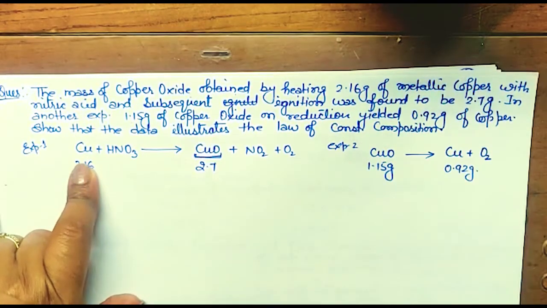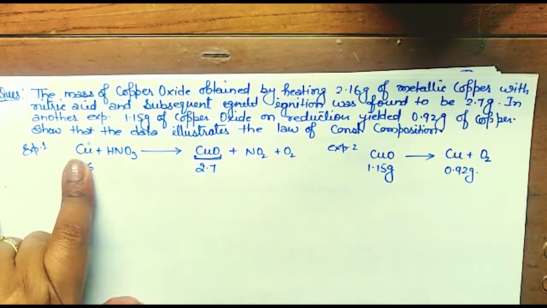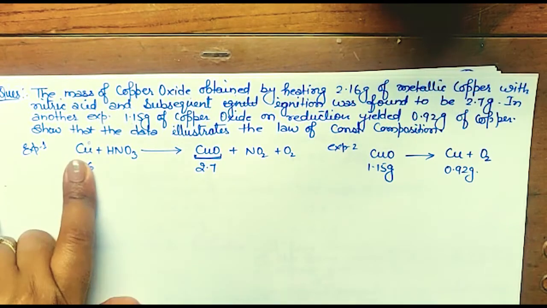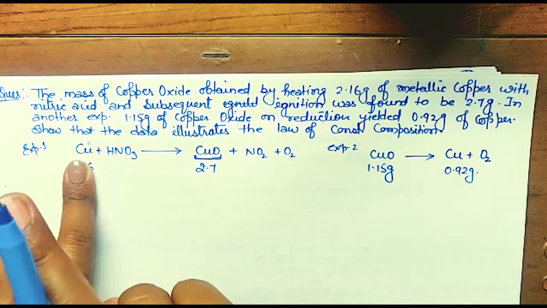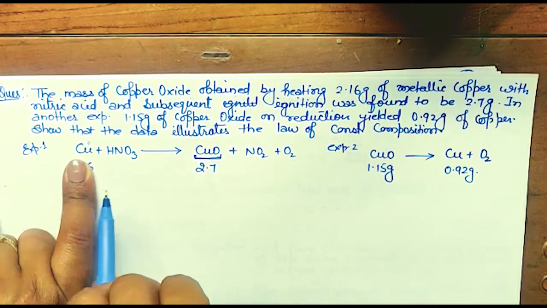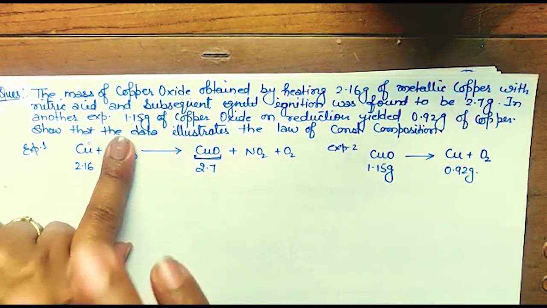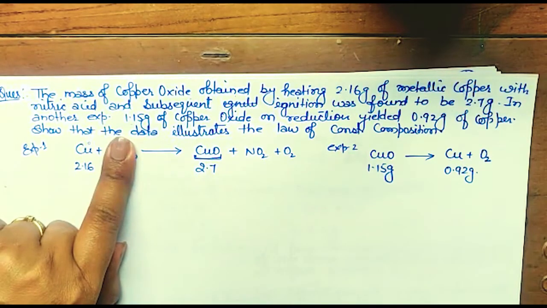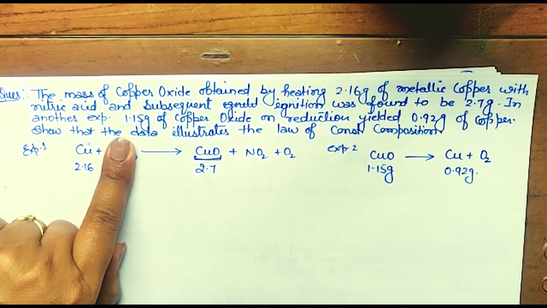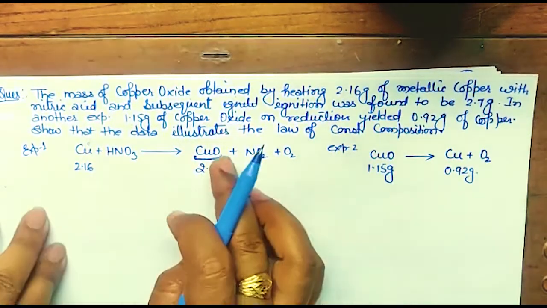If you can recall your class 10th chapter, oxidation and reduction, you can see copper is here 0 and here it is +2. So what is happening here? Oxidation. And oxidation can also be defined as addition of oxygen. So this oxygen is coming from where? From this. So actually the role of this nitric acid is just to provide oxygen, isn't it? It is giving oxygen and it is going to be obtained like this.